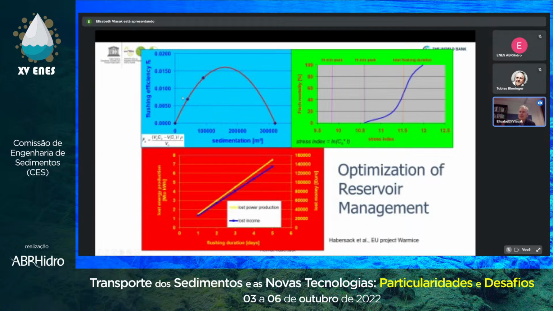This is a technical issue. If you do it too often, it's too expensive and doesn't make sense. If you don't flush at all, you get a technical limitation: you can't flush anymore. But now we have an ecological boundary condition, as you may all know, what we call the stress index. And this is related to fish mortality. How many fish are dying? If you have 100 here, 100 fish out of 100 are dying, so all fish are dead at the end of your flushing. Here, no fish is dying.